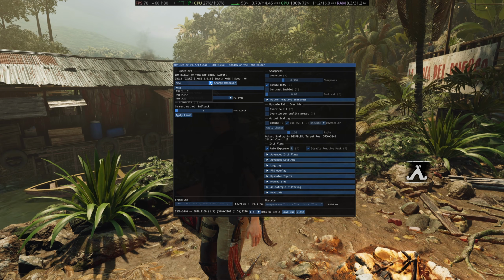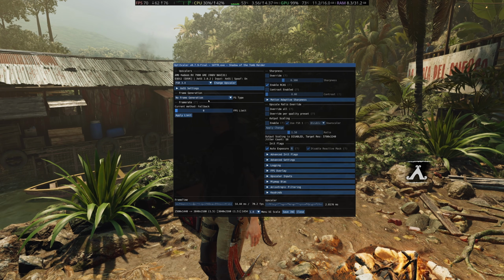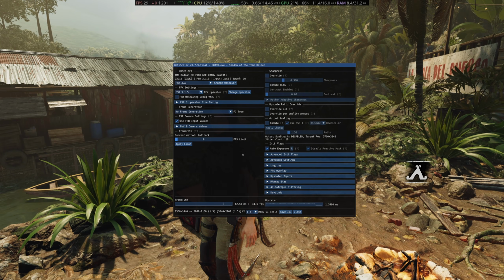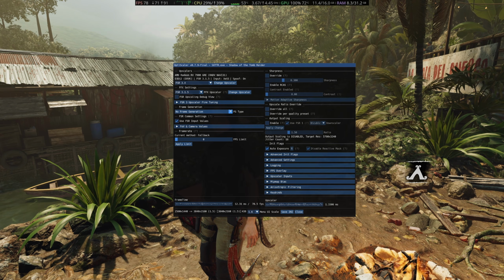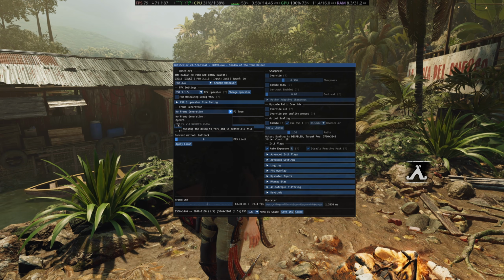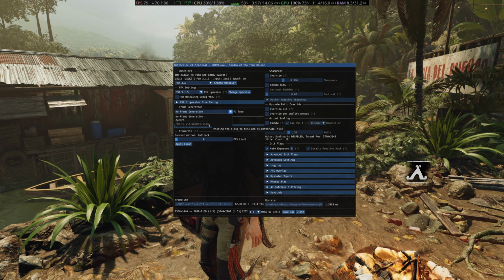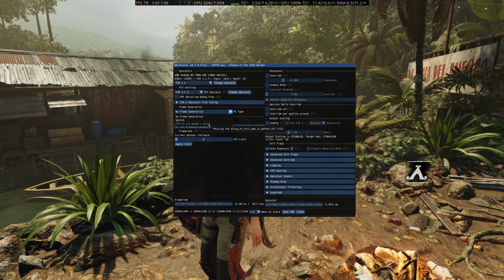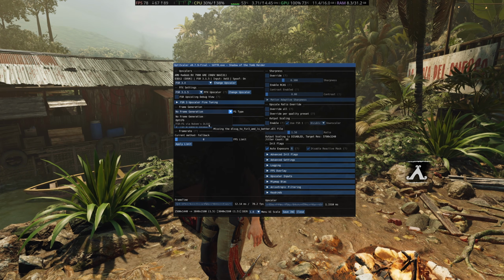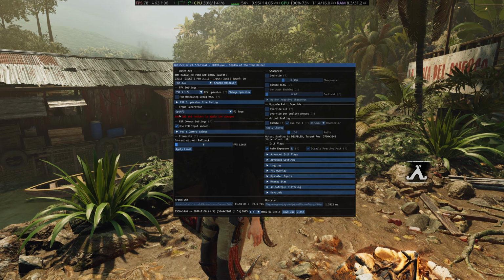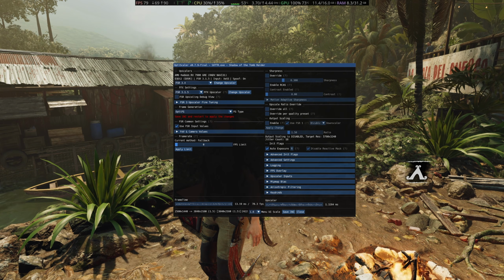But we're going to go ahead here. We're going to force FSR. We're going to change the upscaler. We're going to leave it to that. We're going to go to frame gen, but because I can't do that, I need this FSR FG via Nukem's DLSSG. That's what we need to download. It gives you the name of the file you need to copy into that FG mod folder. But we're going to set it to OptiFG, which is just the built-in one inside of